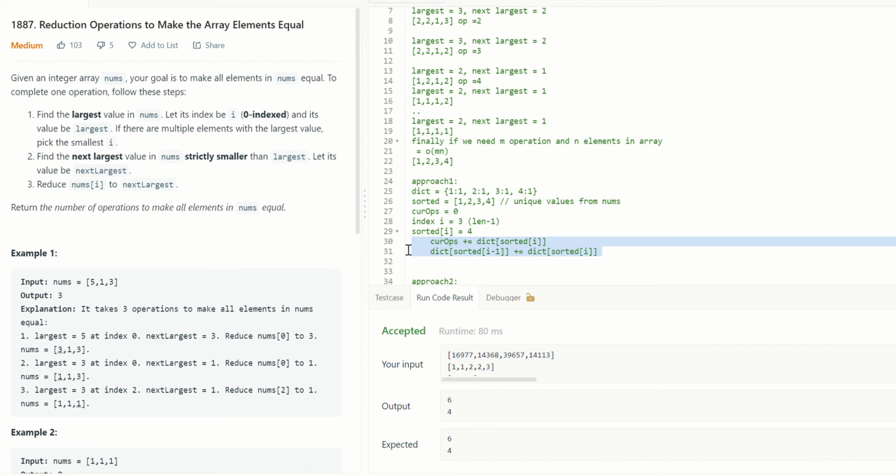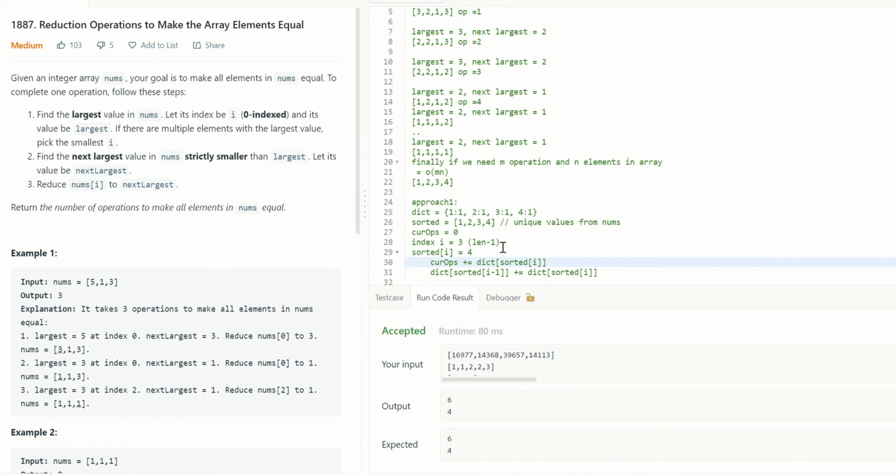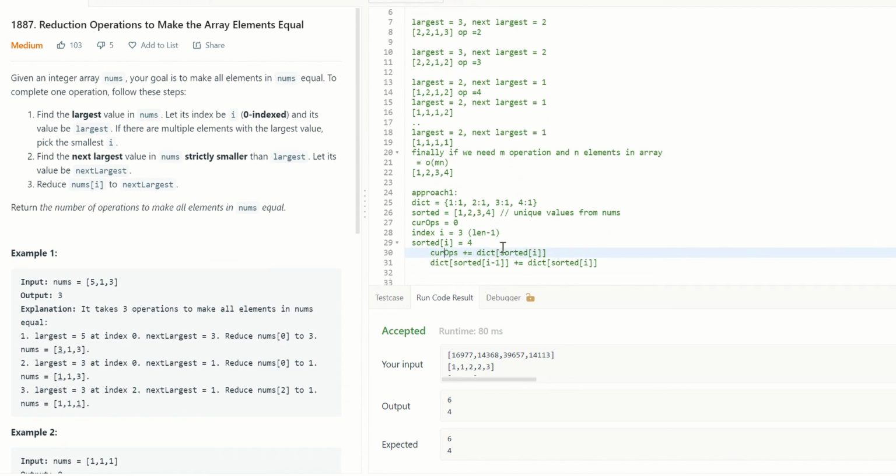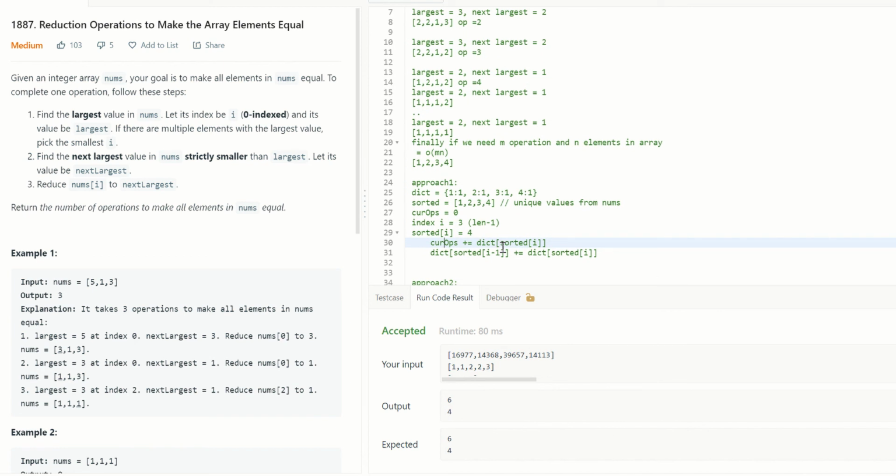If we do these 2 steps, whatever number of operations we have done so far, we are adding it to the lower value, and we are keeping track of how many times each value has to be updated. So this is our second approach. If you consider the brute force approach, then this is the second approach, but we are not going to implement the brute force approach anyway. So let's call this approach 1.